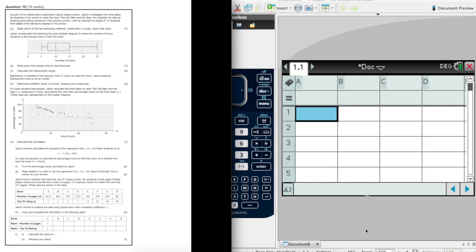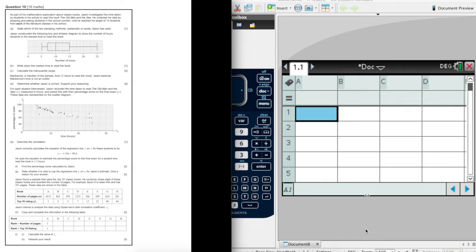So this particular question is clearly looking at statistics, and if we keep reading down, we can see that it looks as if it's going to be scatter graphs and correlation. Okay, so that's what I'm keeping in mind through the question. So this is part of a Maths IA, and they've investigated the time taken to read the book. So the data is given to us in this